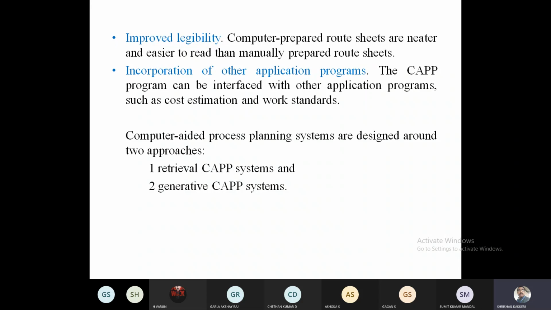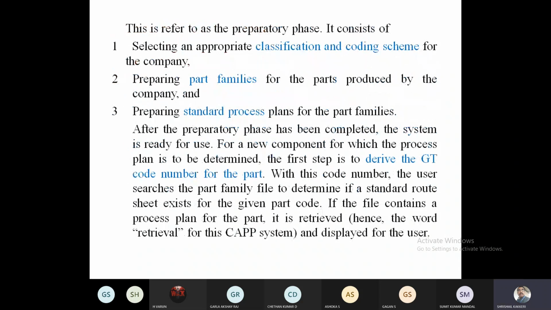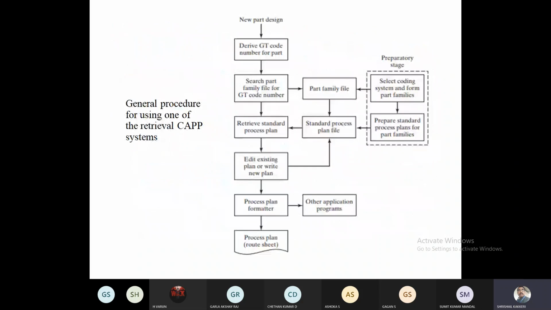The retrieval CAPP. Okay, so the retrieval CAPP, I'll explain this by using the sheet. And in this retrieval CAPP, there is a preparatory stage. This preparatory stage is very important for the process planner. And here the selection of the GT and the coding will be done in the beginning stage.